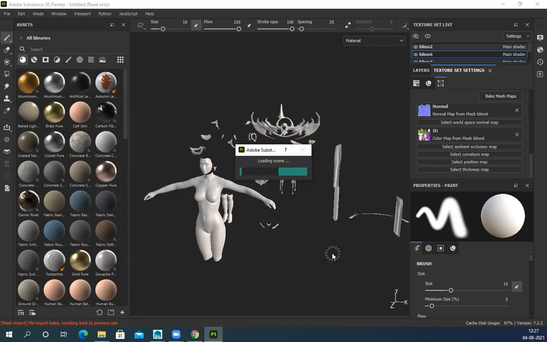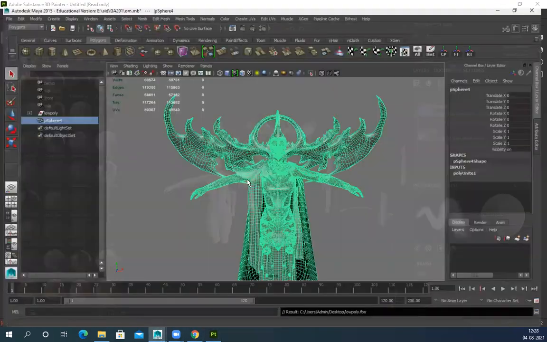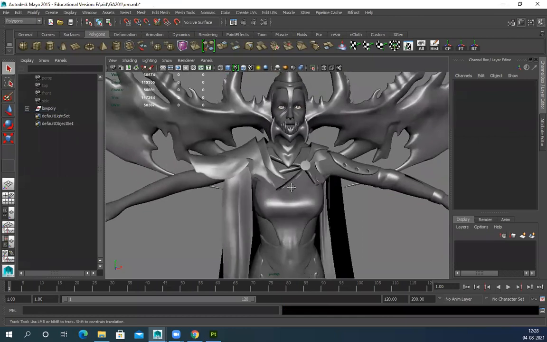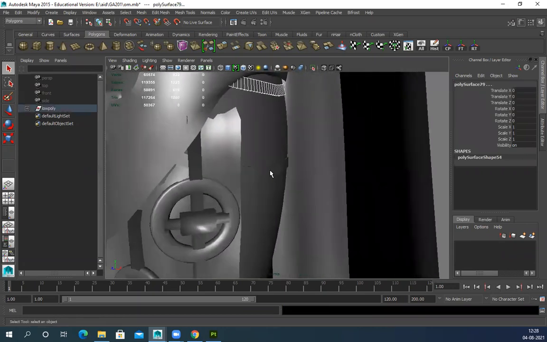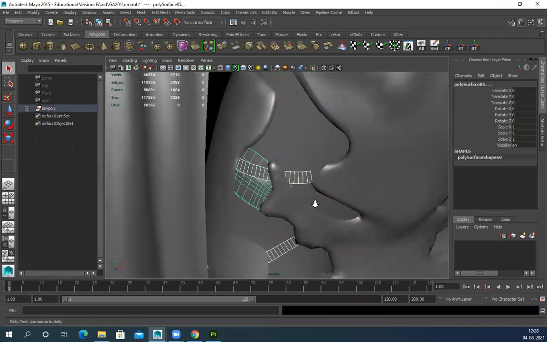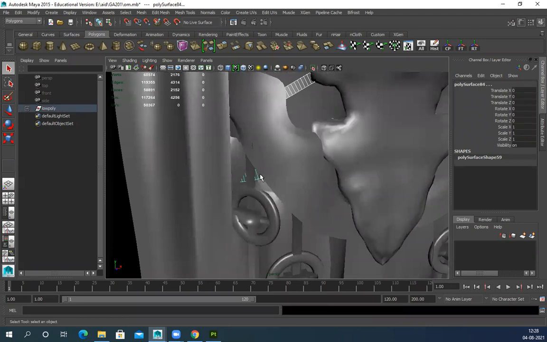Loading scene. This also has to be unwrapped.